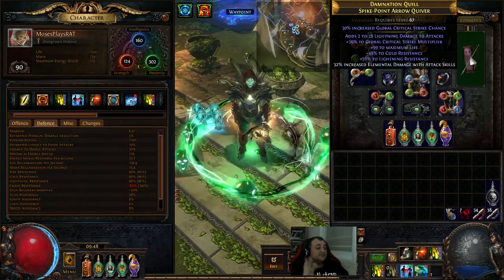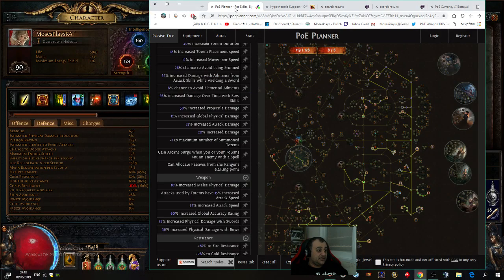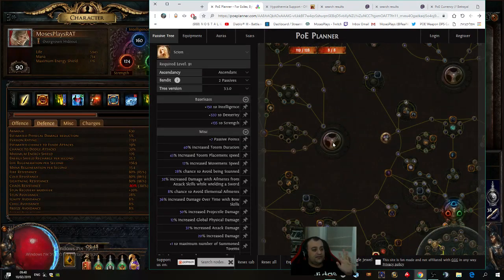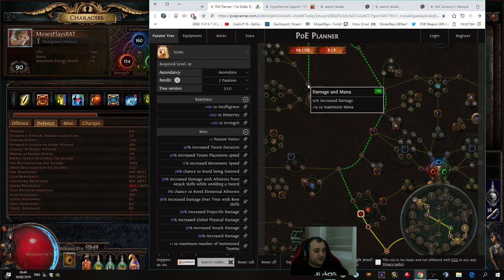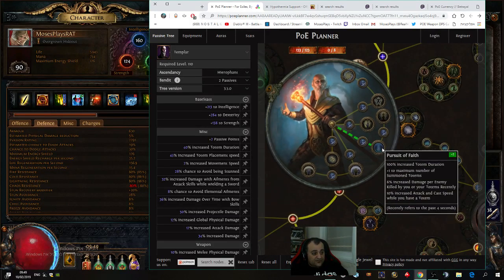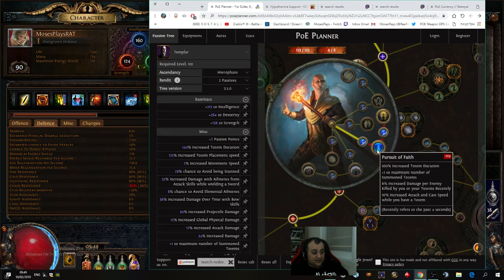Second big reason is the Ascendancy tree, and let me pull it up again. I actually made Scion. All right. Let's start with Templar, okay? Let's just connect to Templar and tell him, hey, I'm a Templar now and I'm a Hierophant, so that we could look at what Hierophant offers us. So Hierophant offers us all sorts of stuff for totems, right? Basically these nodes right here, totem duration, +1 totem, attack and cast speed while you have a totem,